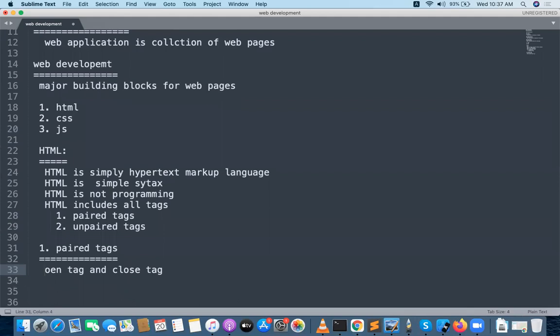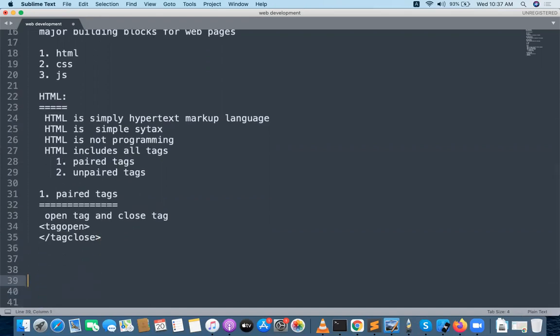For example, what is an open tag and what is a close tag? Suppose a tag open will be like this, and tag close will be like this. I will give you the list of paired and unpaired tags later.